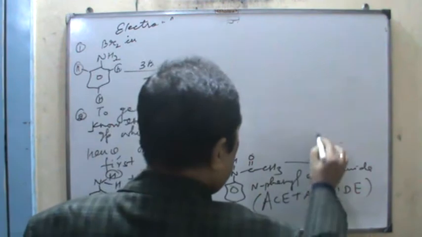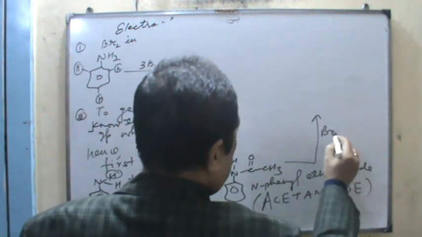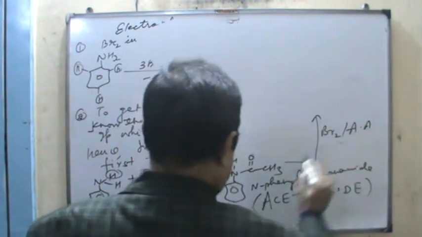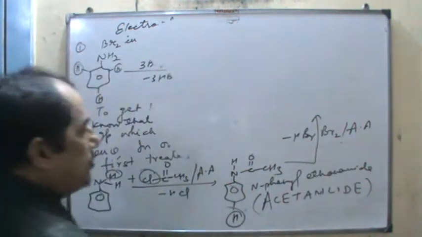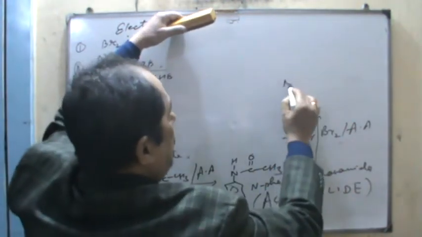So bromination in case of the acetic acid, so this H or this Br, what is lost here? HBr is lost, and then we'll get